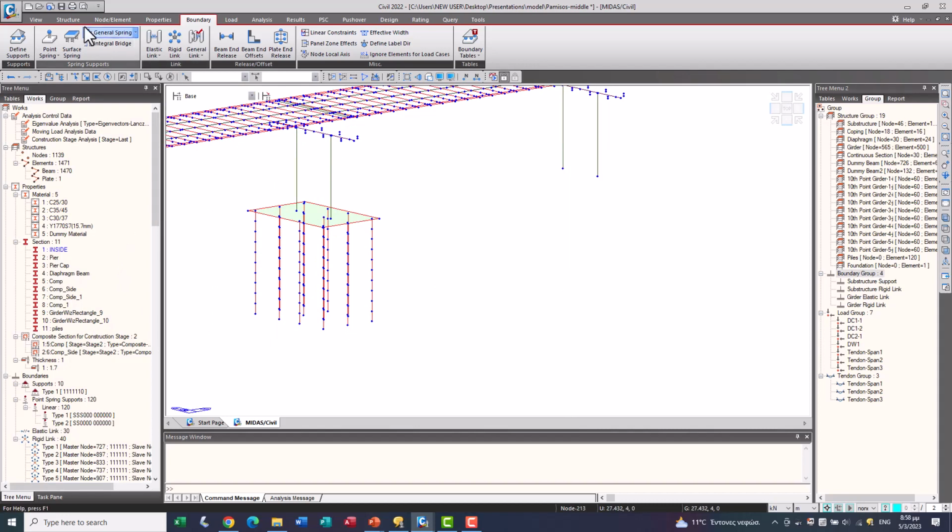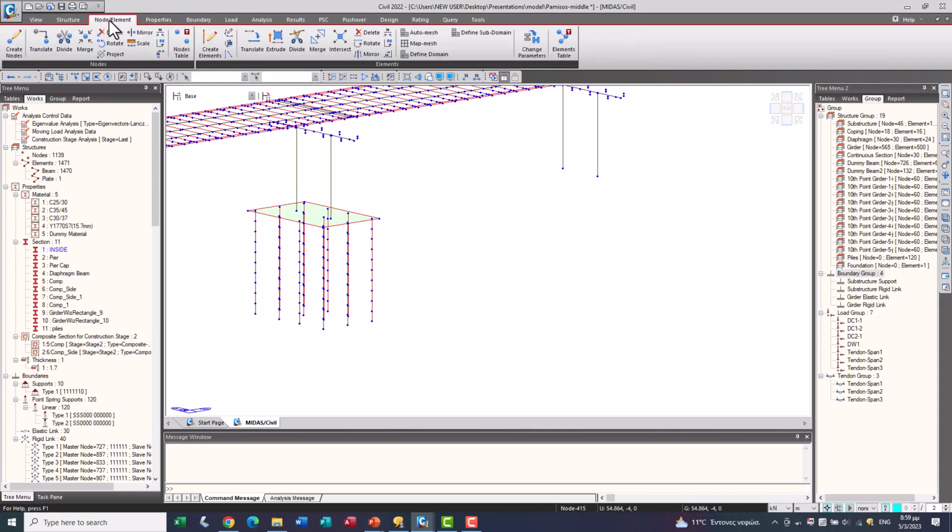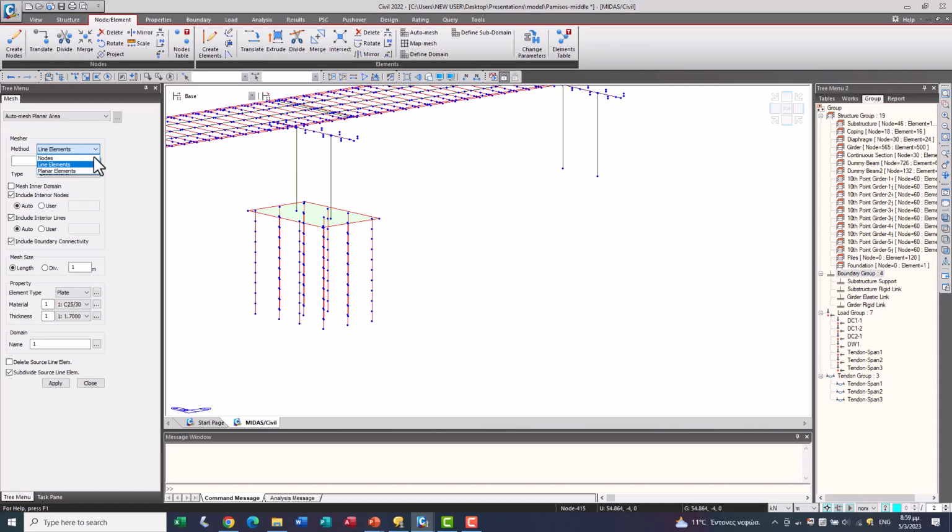And we are going to create meshing for the pier cap.